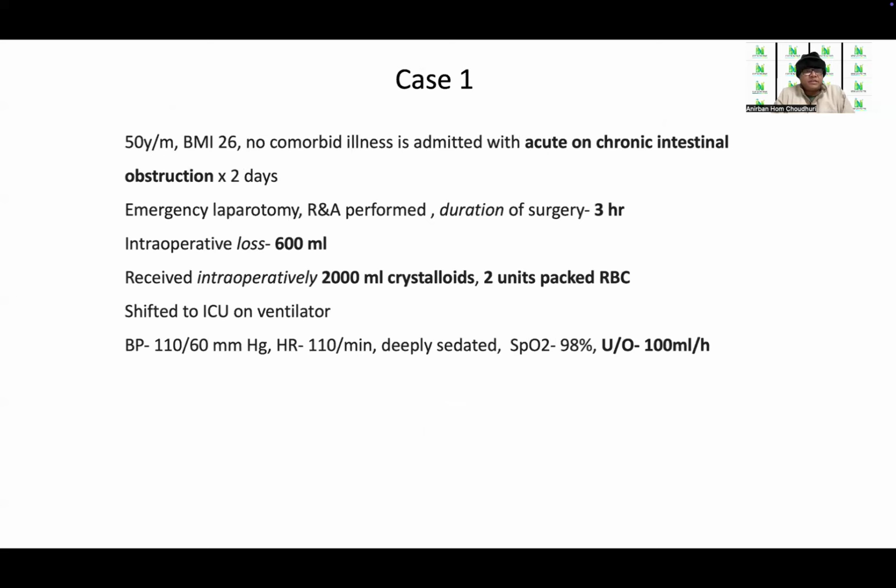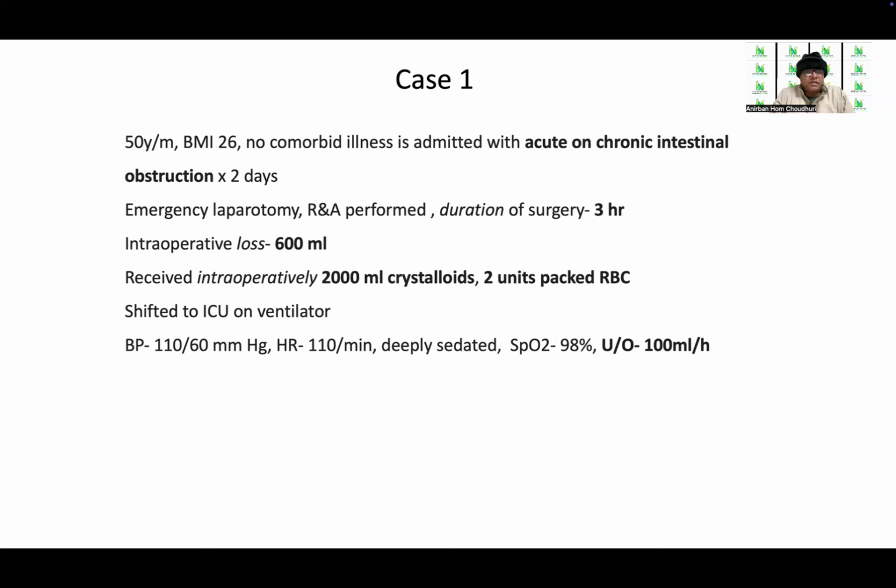Let us look into a case. A 50-year-old male, with a BMI of 26 and no comorbid illness, is admitted with acute and chronic intestinal obstruction for 2 days. The patient undergoes emergency laparotomy with resection and anastomosis. The duration of surgery is 3 hours. There is an intraoperative loss of 600 ml, and the patient receives intraoperatively 2 liters of crystalloids and 2 packed RBCs,